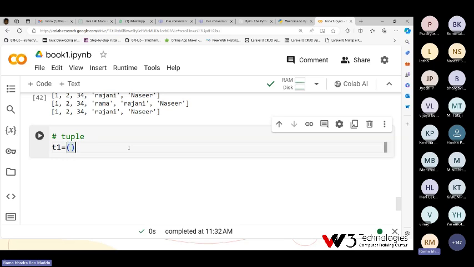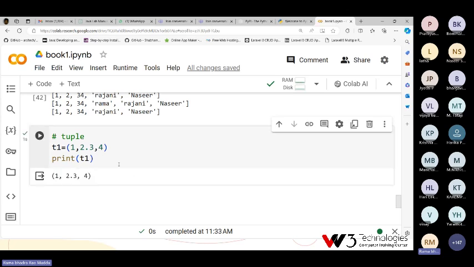A tuple will be created with parentheses, 0.3, comma 4, something. Okay, print. It will print T1. Tuple is created, but tuple values cannot be changed.